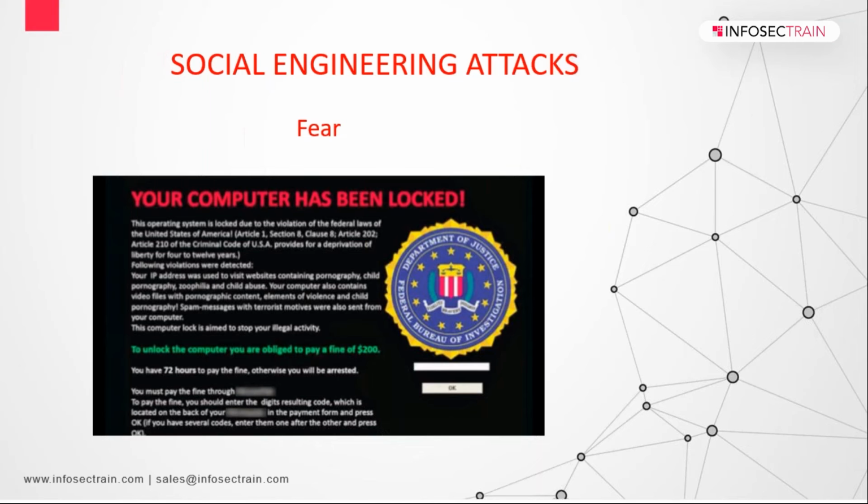Moreover, a lot of companies also do these sorts of scams. You might know about this: they display a screen on the system whenever a person is trying to open a website. They display a warning message which gives them fear that your computer has been logged, or the system has a lot of viruses, something like that. So you'll be offering them, okay, let us troubleshoot this for you, and they'll be agreeing with you. And when they agree with you, they'll be giving you some credentials, or moreover, you can take access of that system by RDP or anything.